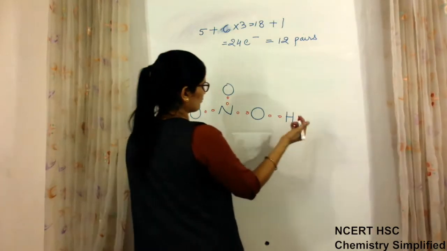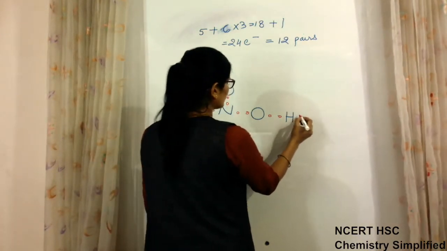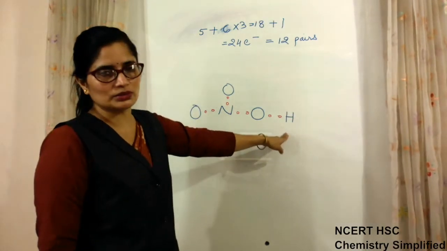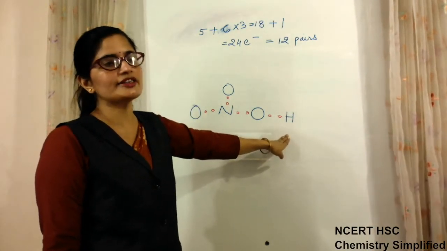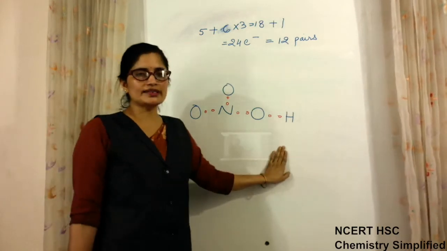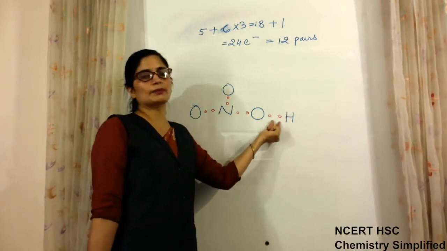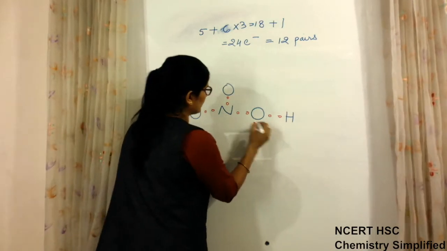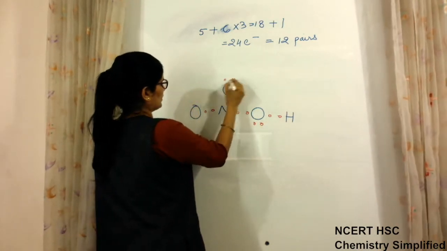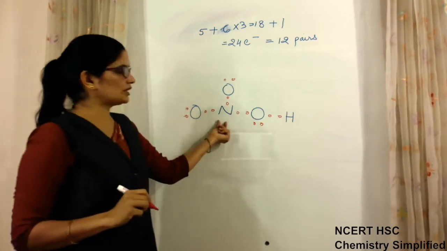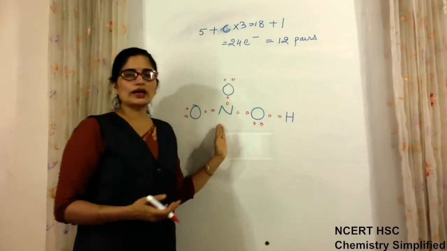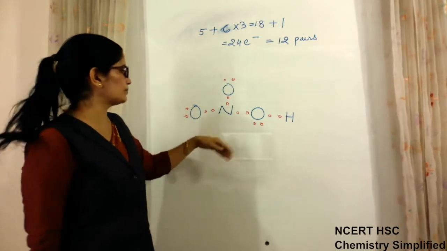Now let us give lone pairs also. We cannot give a lone pair to hydrogen. Why? Because hydrogen does not need an octet; it only completes its duplet, and its duplet is already completed. So we will not give to this. Let us start with the oxygen, 1, then 1 and 1. I am not giving in this case to nitrogen also. Though I can give, later on I will have to shift it, that is why I am not giving.